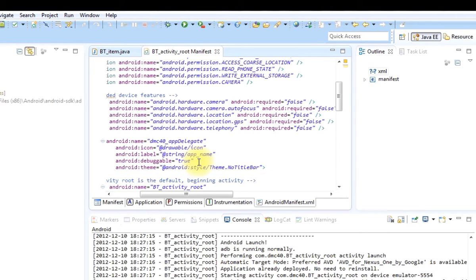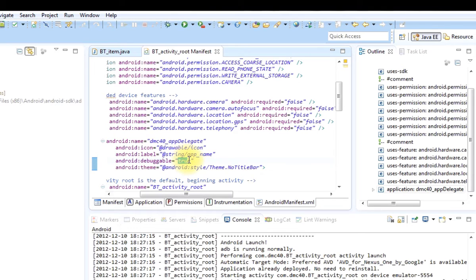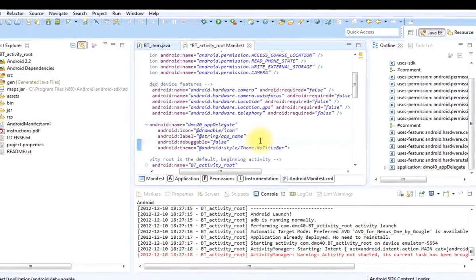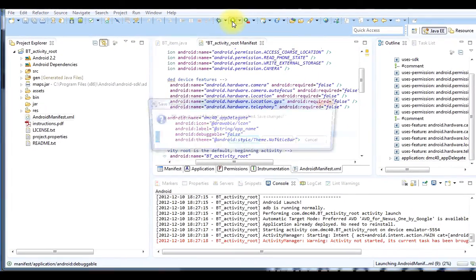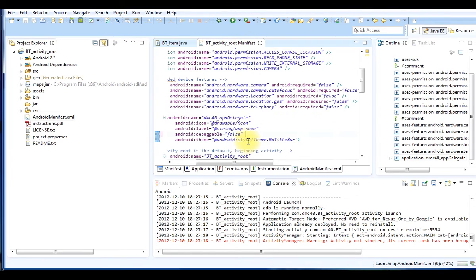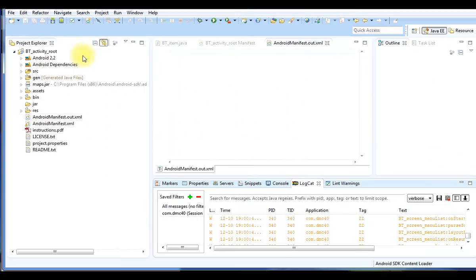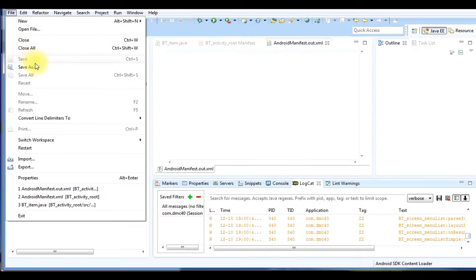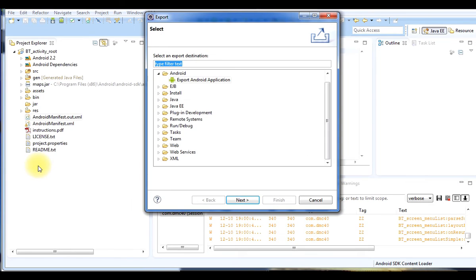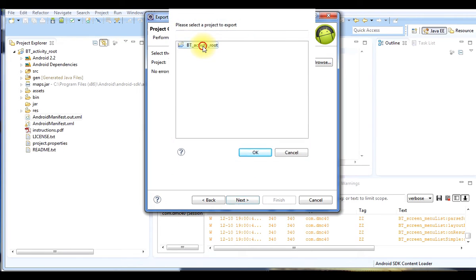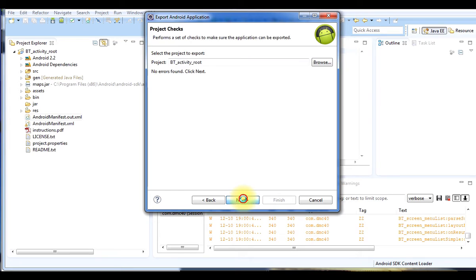The editor supports several ways of editing a line. I found the simplest way is simply to highlight the word true and change it to false. Then I click on Run. It'll ask me if I want to save it, and yes, I do. And now it has actually saved and created the new version. Now let's create a signing certificate for our own app. You know the routine by now. Click on File, Export, Export Android Application. Now we need to browse, click Load Our App, click on Next.